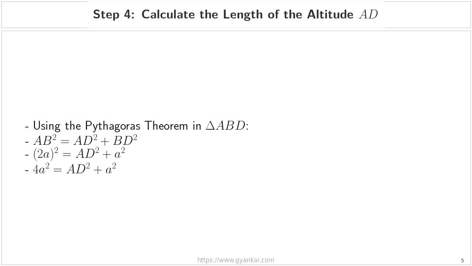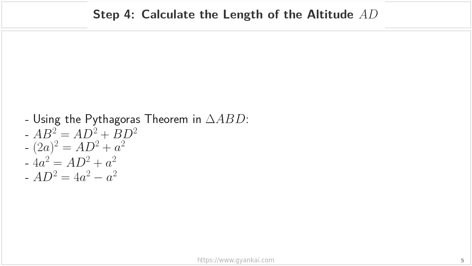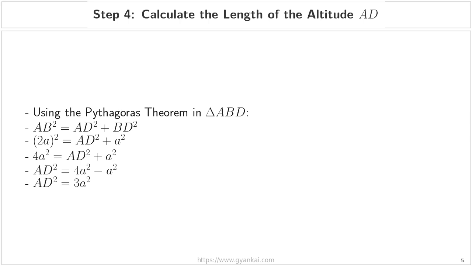When we expand the left side, squaring 2a gives us 4a squared. So the equation now reads 4a squared equals AD squared plus a squared. To isolate our unknown, we'll subtract a squared from both sides of the equation. This leaves us with AD squared equals 4a squared minus a squared, which simplifies beautifully to AD squared equals 3a